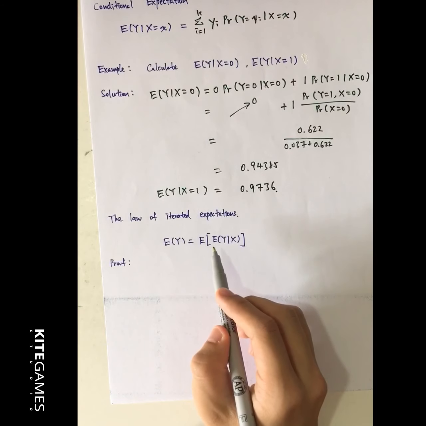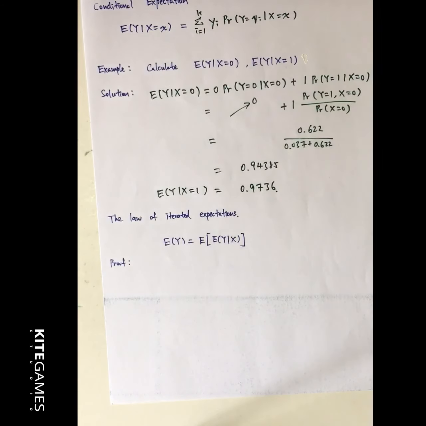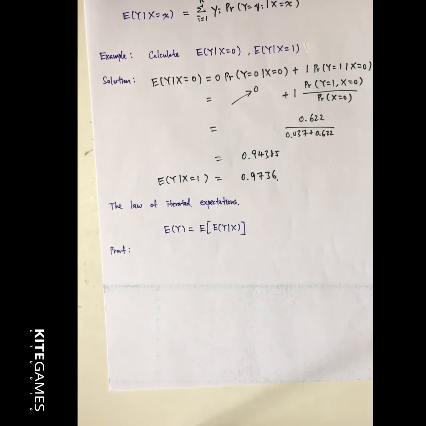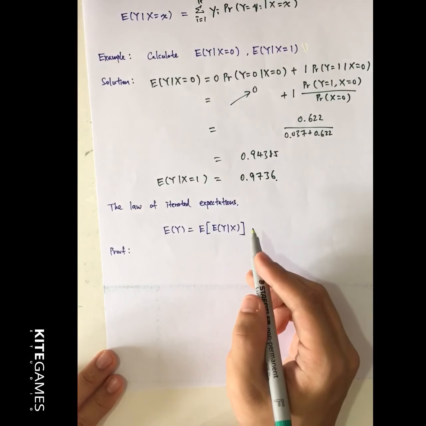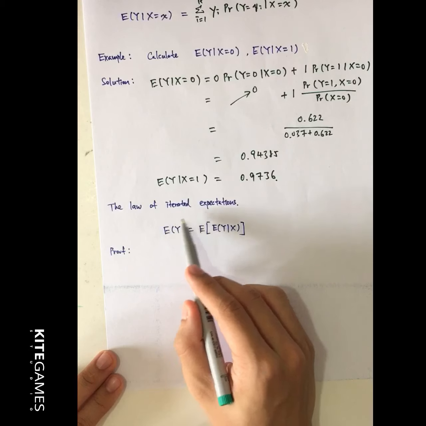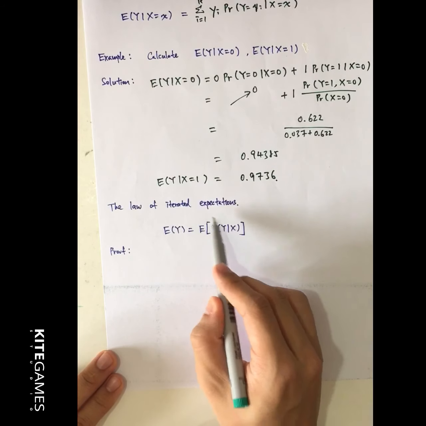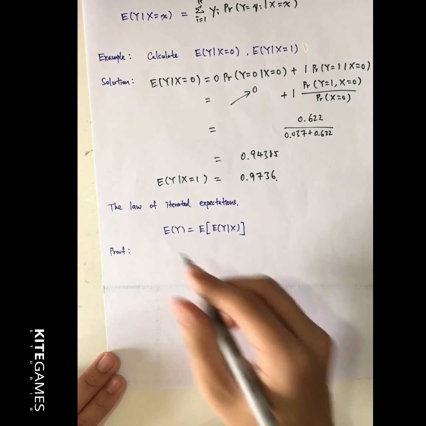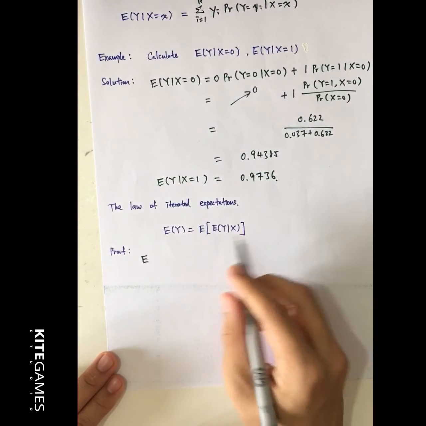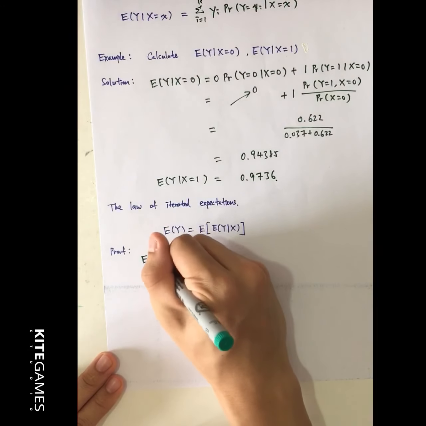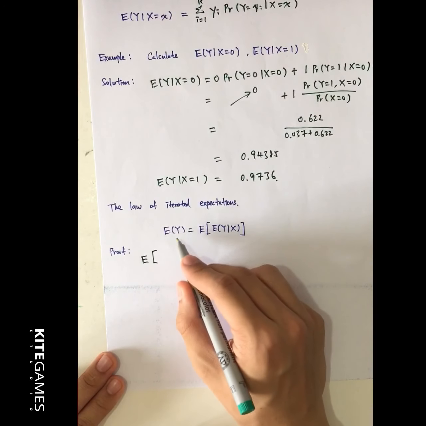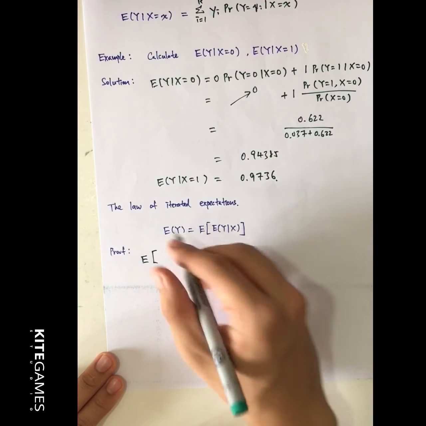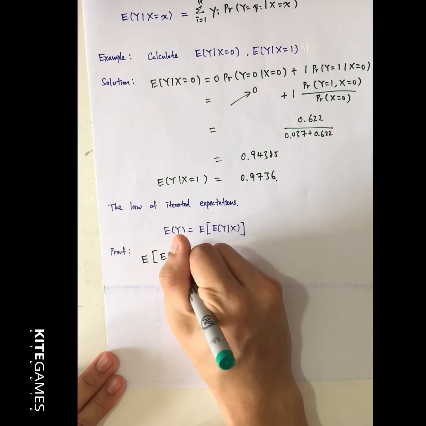Okay, so this is the law, and you need to know how to prove it. So I would like to prove it now. Why are they the same? You can use the left hand side to prove the right hand side, or use the right hand side to prove the left hand side. My habit is to do the complicated part first, and then prove that it is simple. Okay, so I will start with this